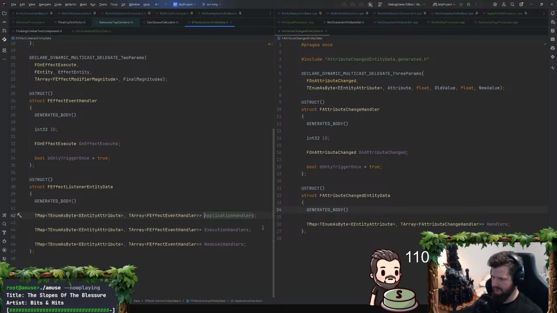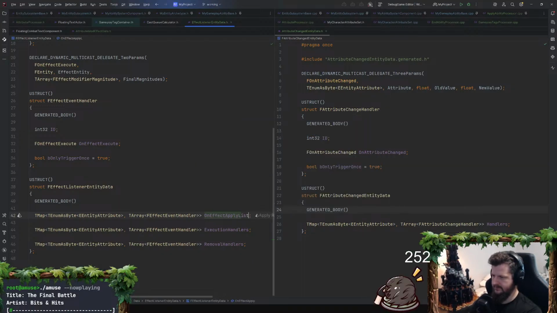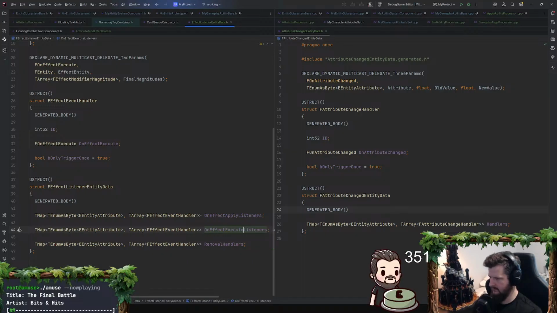Let's reorder those. On effect apply, we'll call them listeners. On effect execute listeners. Then on effect remove listeners.